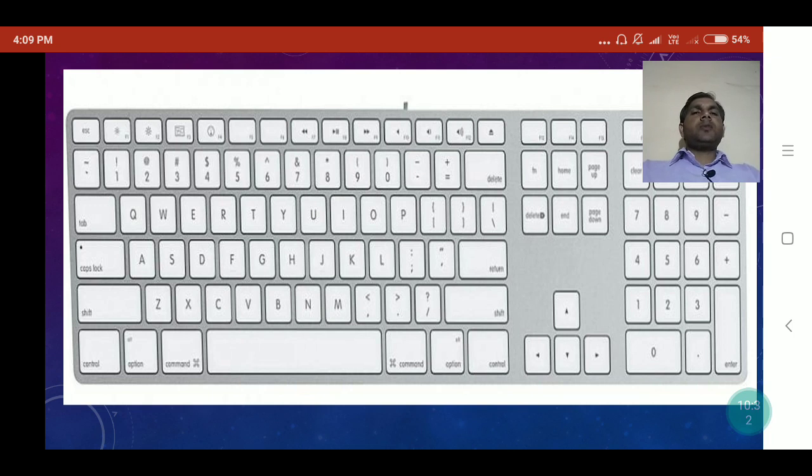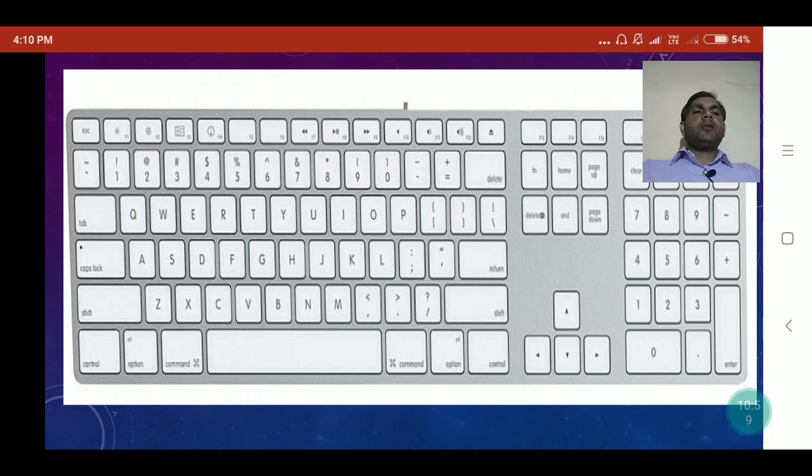This is possible with the help of rigorous training and muscle memory. After a long practice, anyone can type like this, and this is called touch typing. Touch typing is the fastest and error-free method for typing.